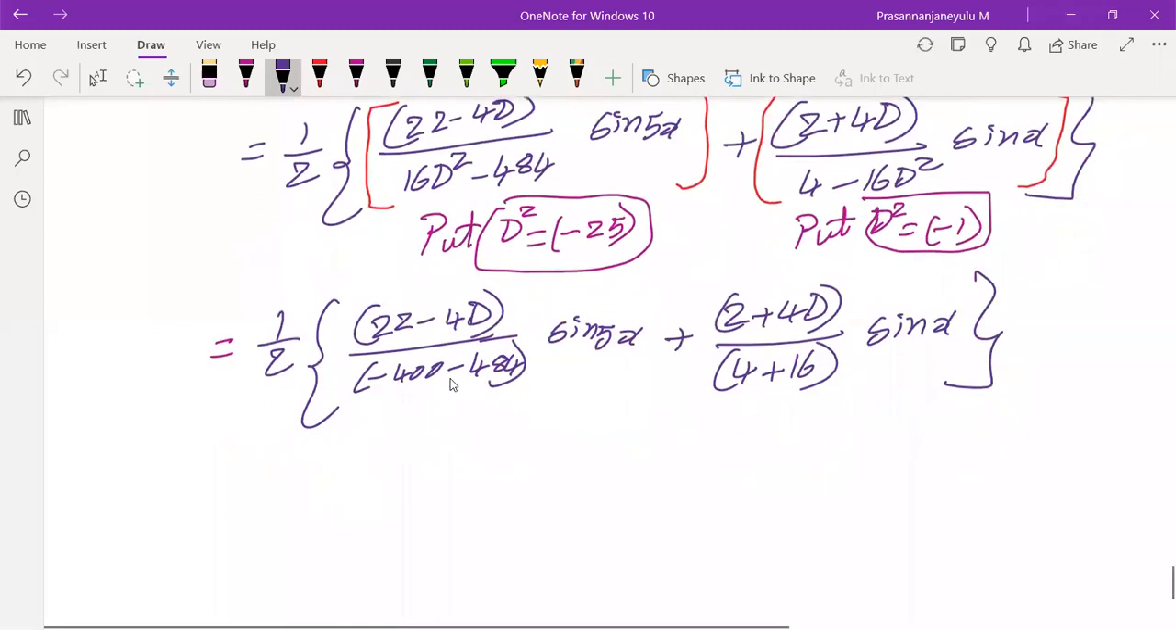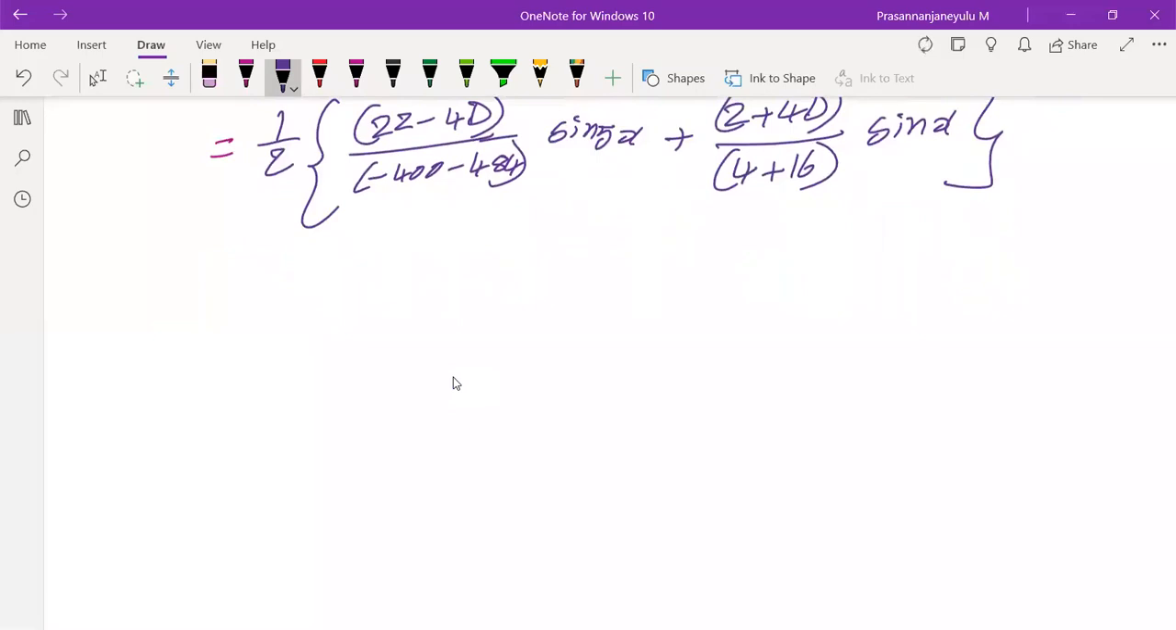Now, doing the simplification, multiplying both the terms with 1 by 2. So 1 by 2 into, what is the denominator we will get? Minus 884. And the numerator part is going to become 22 minus 4d of sine 5x. So multiplying 22 with sine 5x and minus 4d with sine 5x, then we are going to get 22 sine 5x